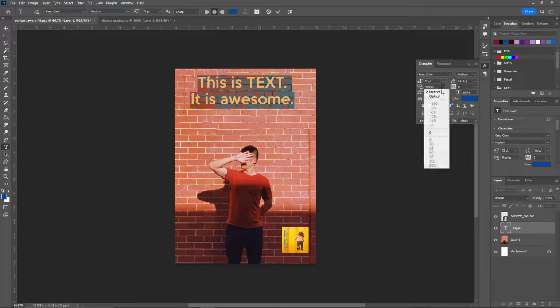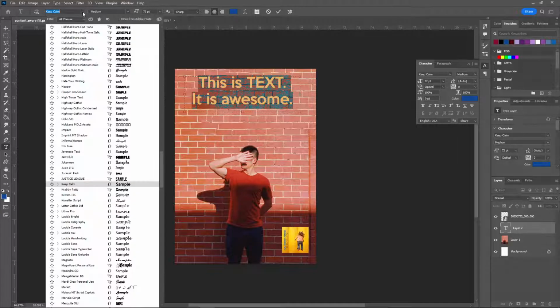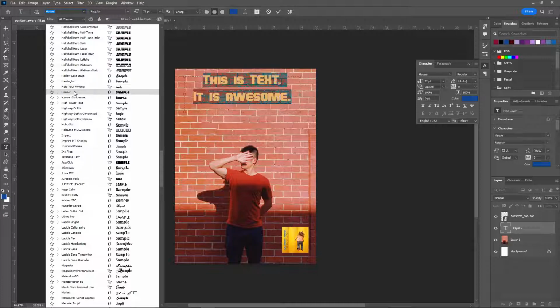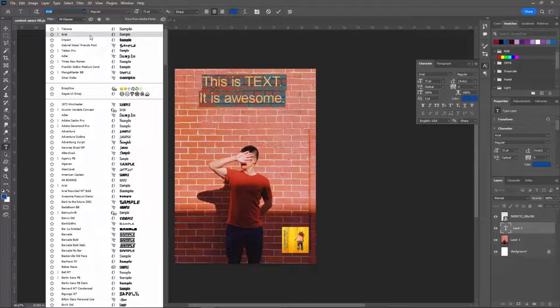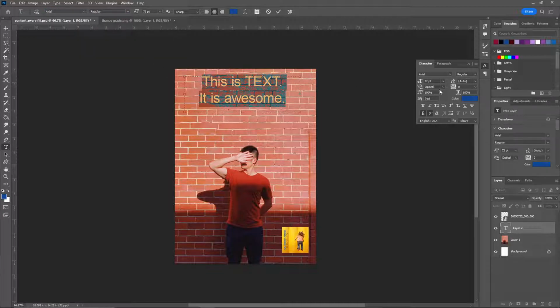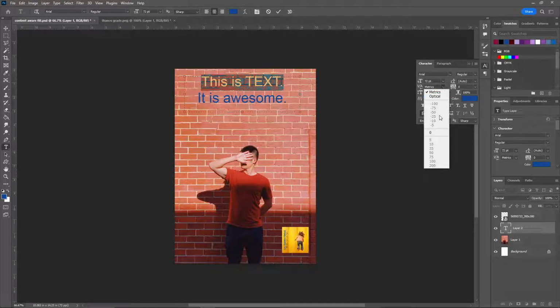Maybe metrics will let me do it. Optical. Oh, it's not letting me do it. So I don't know. Maybe it's the font. Let's try changing the font and see if that helps. Go back up and use the standard Arial font. Arial's good. All right, let's check our kerning. Still not letting me do it. Maybe if it's just one line. Okay, never mind. But that's where you would change your kerning, and